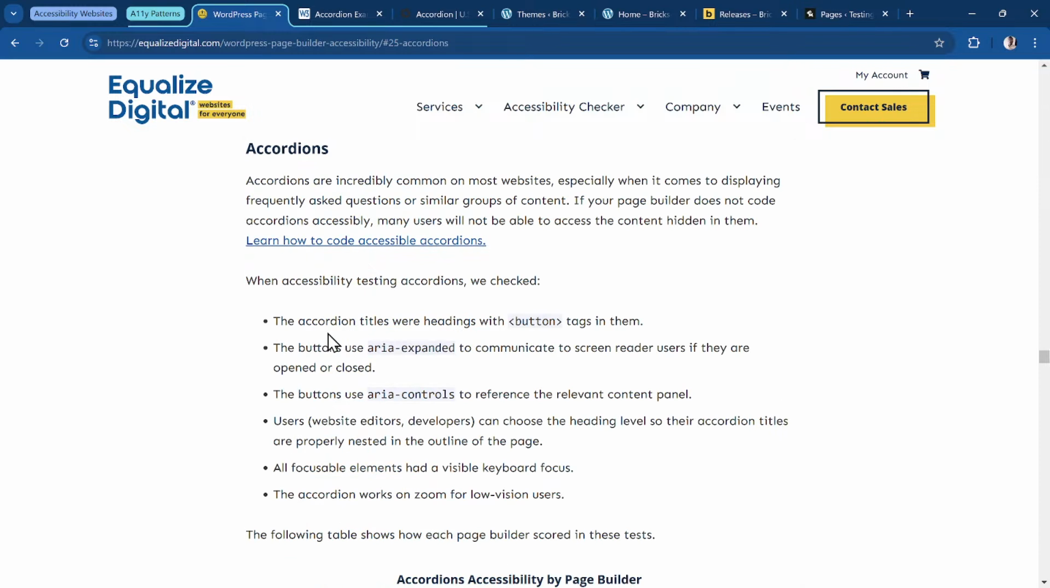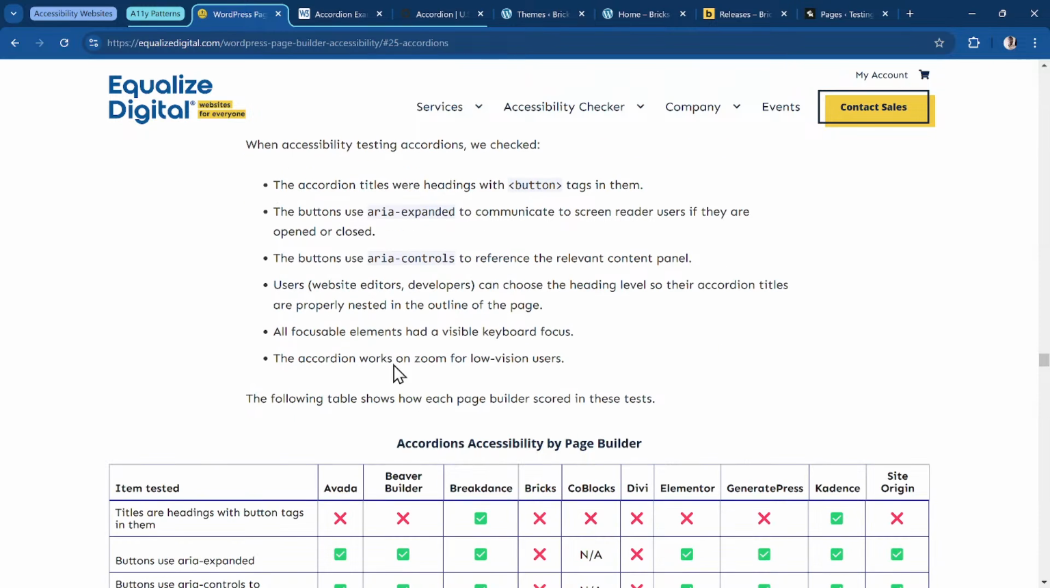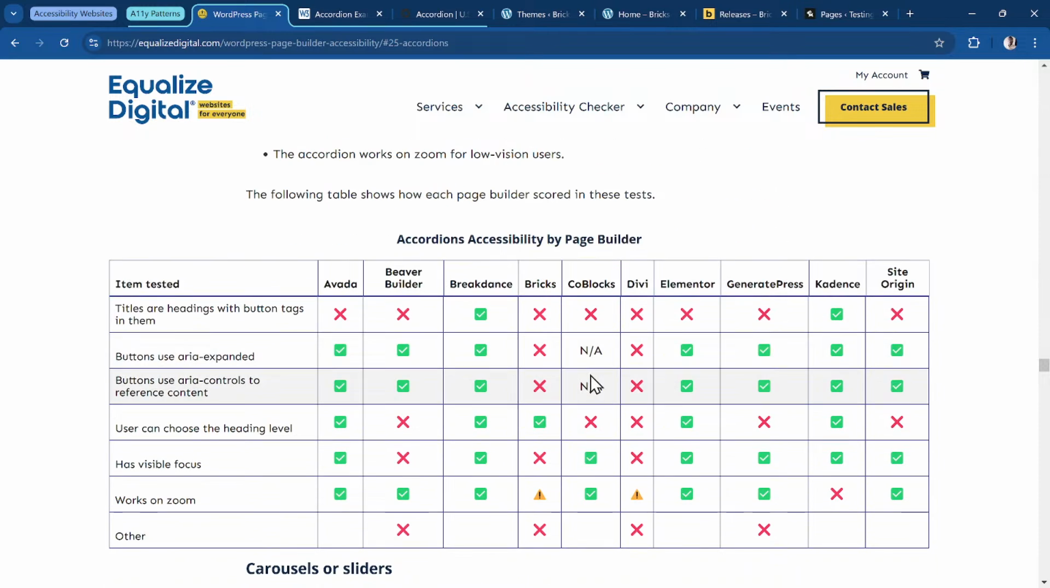So for the accordions, it says that the accordion titles should be headings with buttons that are nested inside of the heading. Then the buttons should have ARIA expanded to communicate to screen reader users that it is either opened or closed, and then ARIA controls to give that relationship between what is being expanded and the button that's expanding it. And all of this should be there. Now let me go ahead and show you what the results were for